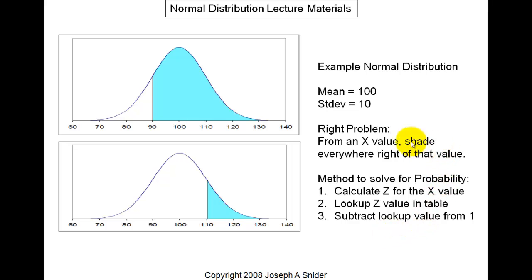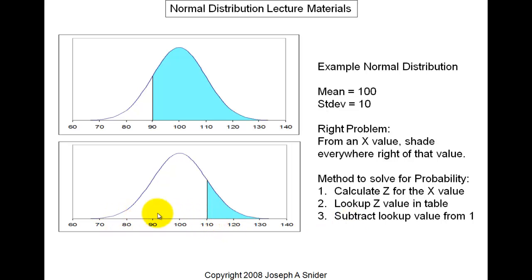An example for the right hand shading, this I call a right hand problem, is that we have three steps. We have calculate z for the x value that you're interested in, in this case 90, in this case 110. You look up the z value in the table. So these two steps are exactly like doing a left hand problem. The additional step is that if we were to look up